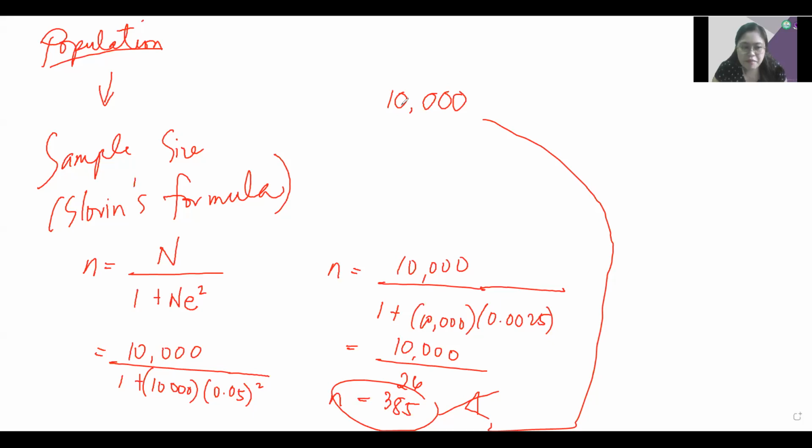And for the animals, it might still be purposive sampling because you will still have your criteria, like all of them must be white, and some will have criteria on the weight of the animals or even the sex of the animals. There are criteria like that. So it is still purposive sampling. Okay? But